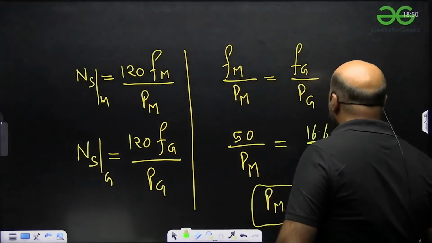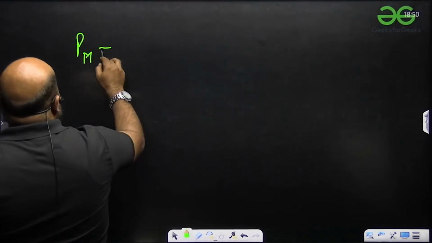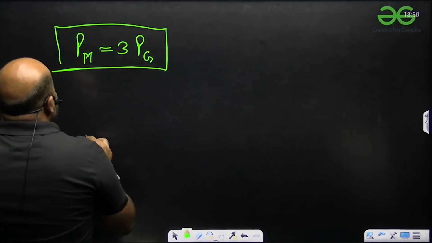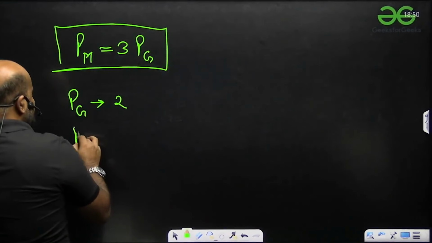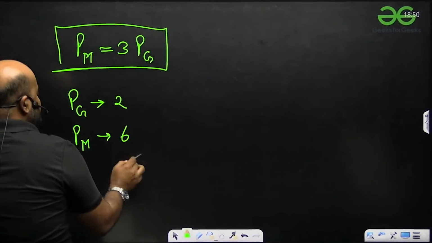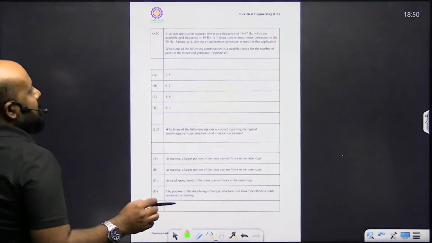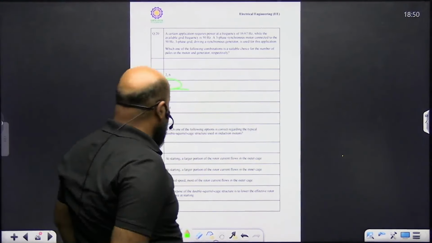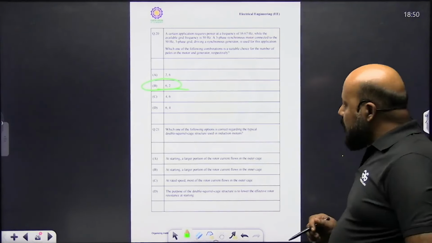अगर आपके पास ये रिलेशन आ गया कि सिंक्रोनस मोटर के जो नंबर ऑफ पोल्स हैं वो सिंक्रोनस जनरेटर के नंबर ऑफ पोल्स के 3 टाइम्स हैं, तो अगर जनरेटर के नंबर ऑफ पोल्स 2 हैं तो मोटर के नंबर ऑफ पोल्स कितने हो जाएंगे? 6 हो जाएंगे। क्या किसी ऑप्शन में दिया है 6 और 2? नंबर ऑफ पोल्स ऑफ द मोटर एंड जनरेटर 6 और 2 दिया हुआ है, तो बी करेक्ट ऑप्शन हो जाएगा। बी इज द करेक्ट ऑप्शन।